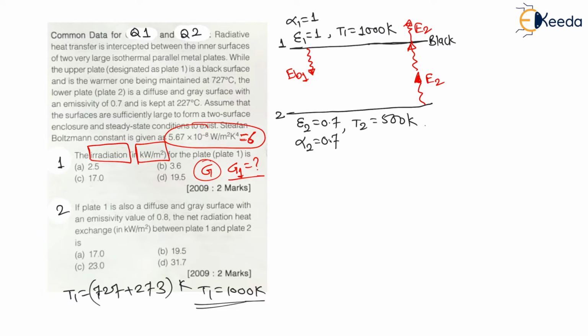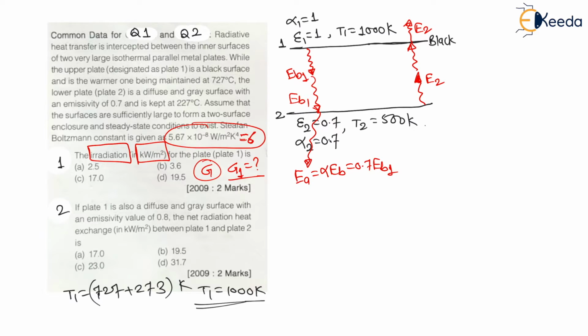Again let us understand. Now this black body 1 emits electromagnetic waves in the form of radiation energy, that is EB1, emissive power of body 1, right? And this emissive power of body 1 is falling on body 2. Now my dear students, body 2 is not a perfect absorber. Here absorptivity is only 0.7. Therefore out of the total radiation, the energy absorbed will be equal to alpha times EB1, that is 0.7 times EB1. Now 0.7 times EB1 is absorbed by body 2.